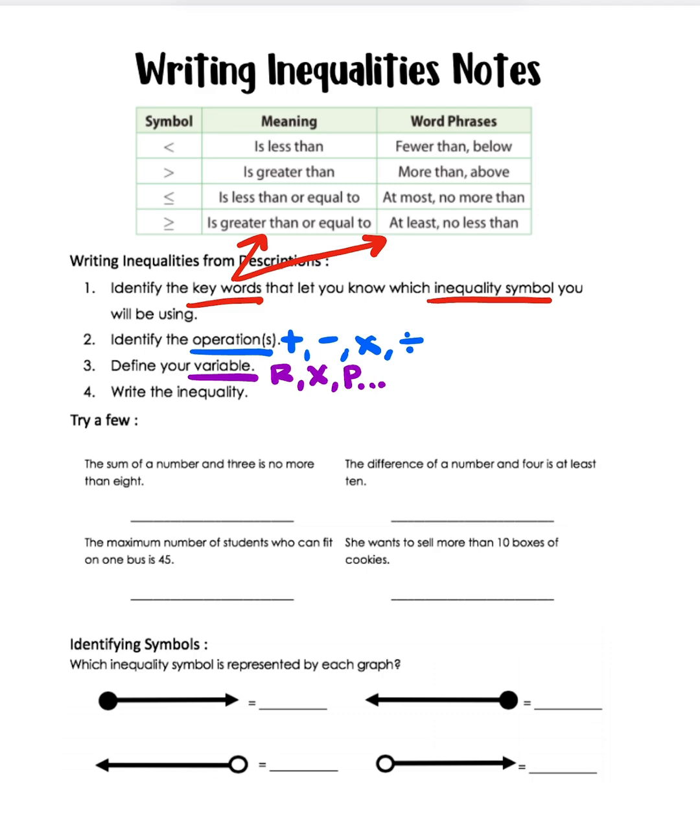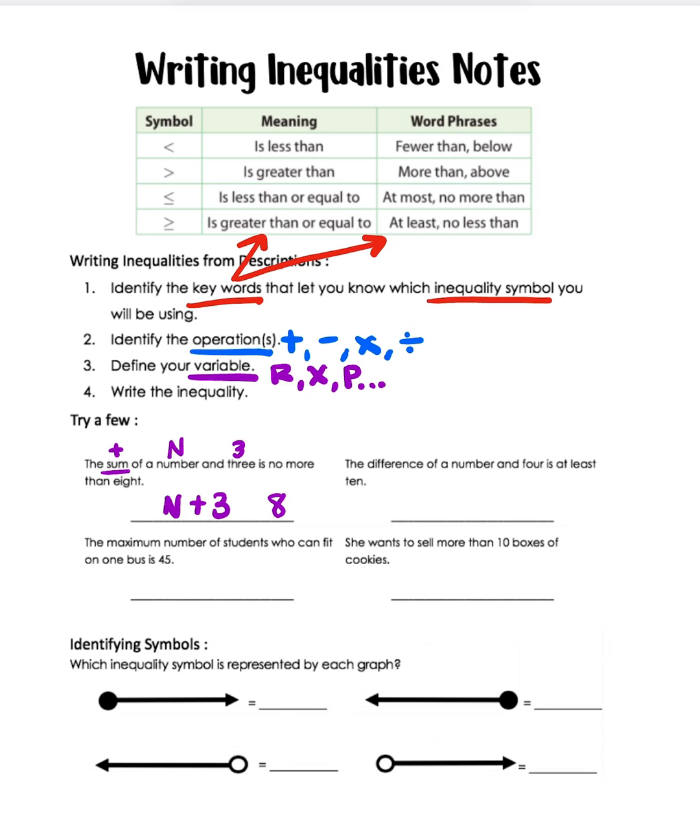The sum of a number and 3 is no more than 8. The keyword here is going to be that sum, and we know sum means to add. So I know whatever's happening in this problem, I'm looking for addition. It says a number. Well, a number could be any letter, so I'm just going to use the letter n for number. Then it says and 3, and 3 is just the number 3. Then it says is no more than 8. So what's happening is I'm taking a number, I'm adding 3, and I know that it's not more